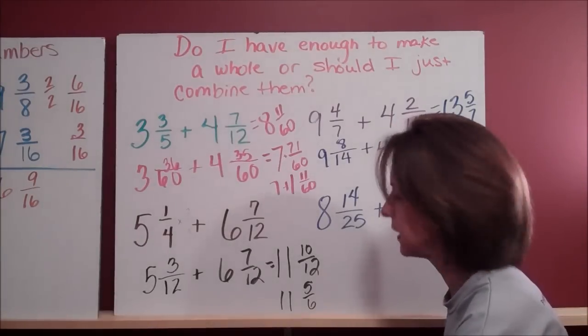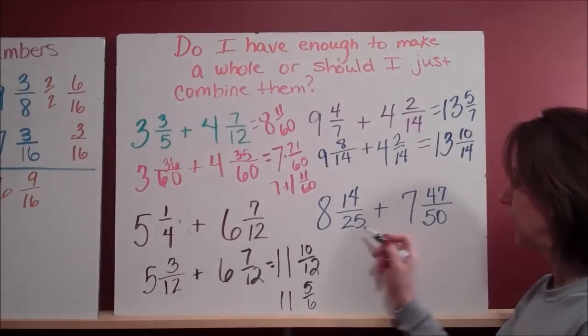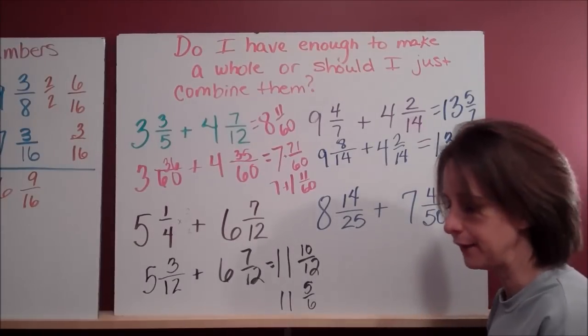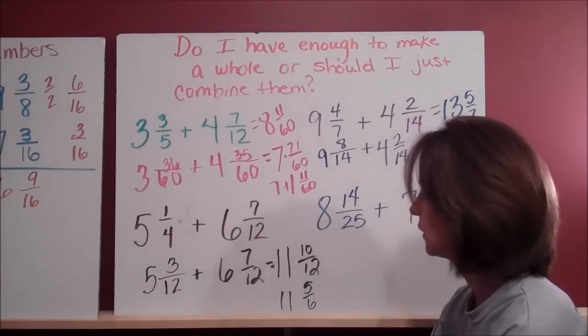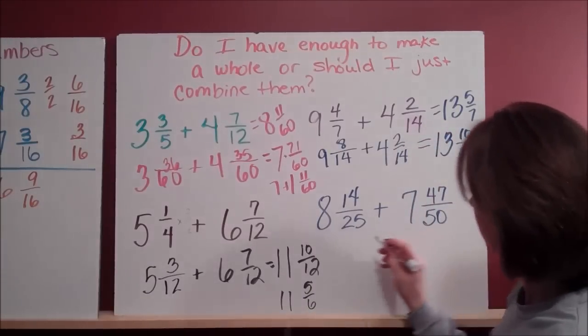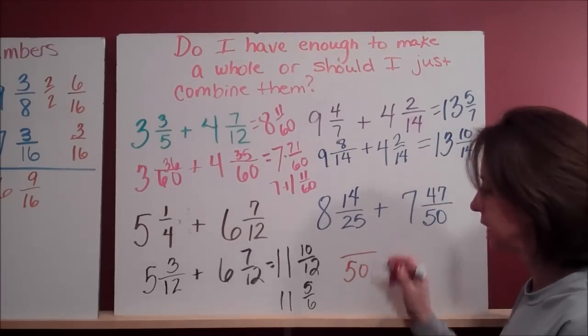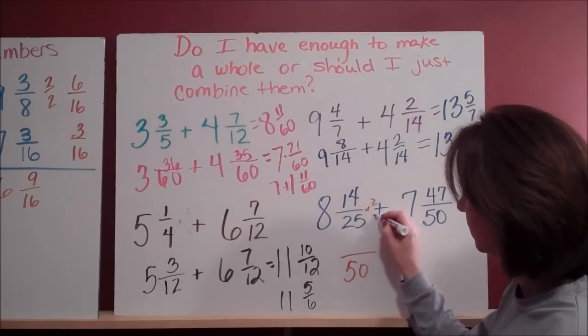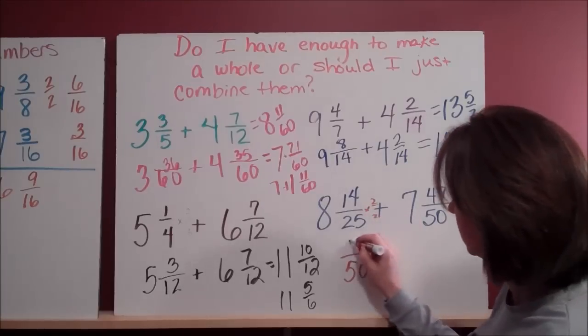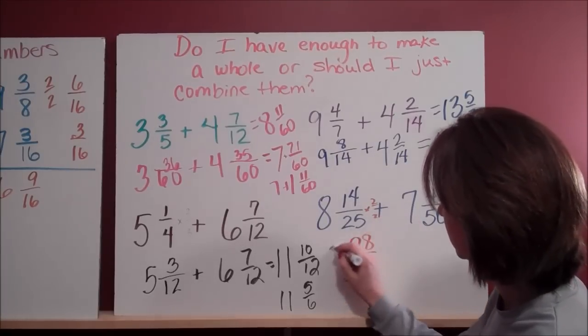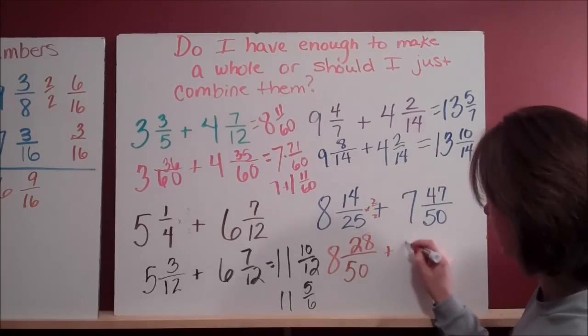Last one, do I have enough to make a bond? Well, my denominators are 25 and 50. So this one would have to convert to 50ths by using a form of 1, 2 halves. 14 times 2 is 28. So 8 and 28/50ths plus